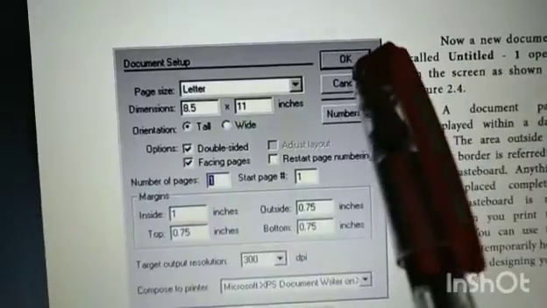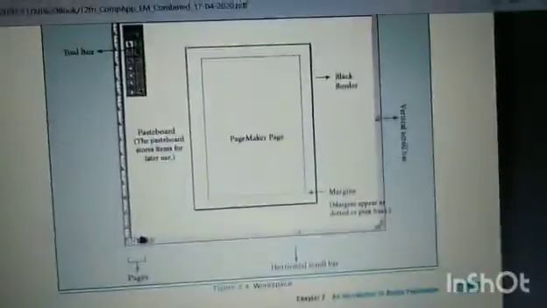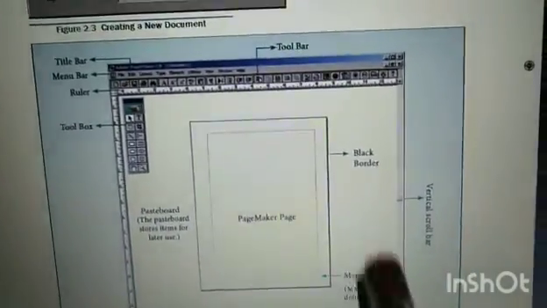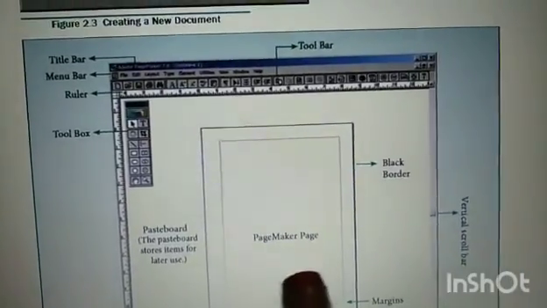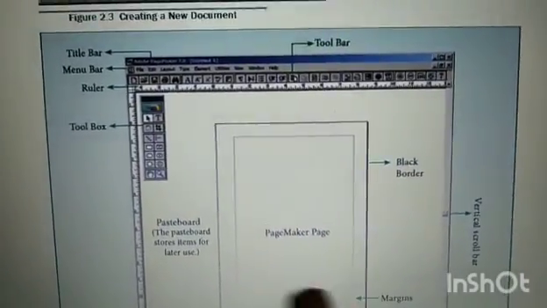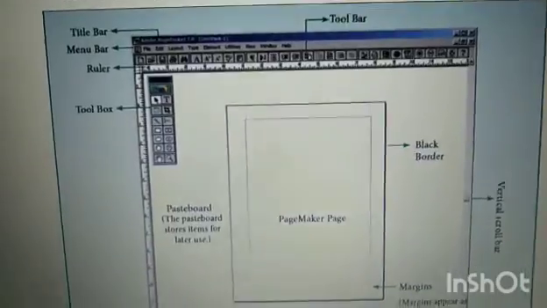After that, click the OK button. Here you see the new page. Okay, so a new PageMaker page is available on your Adobe PageMaker screen.